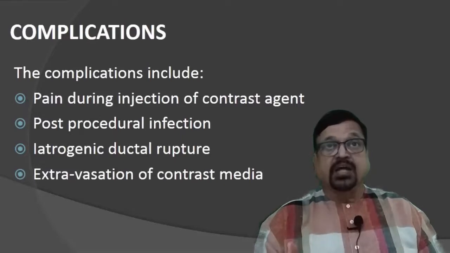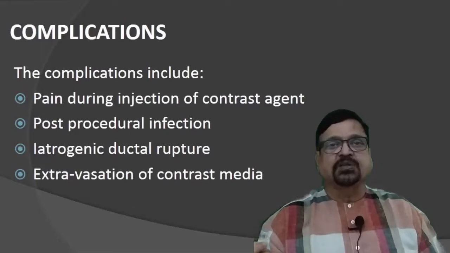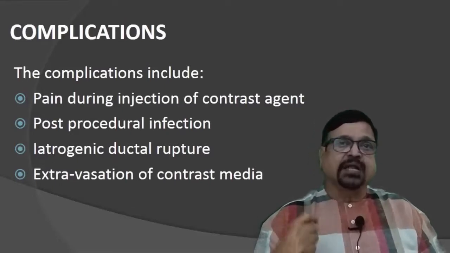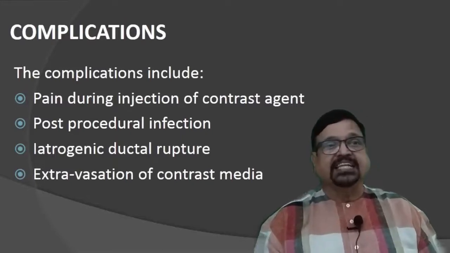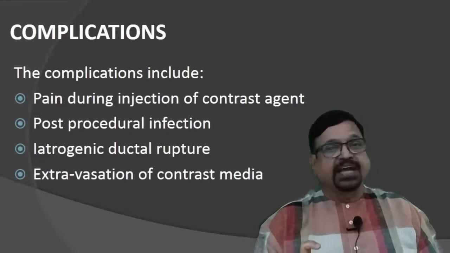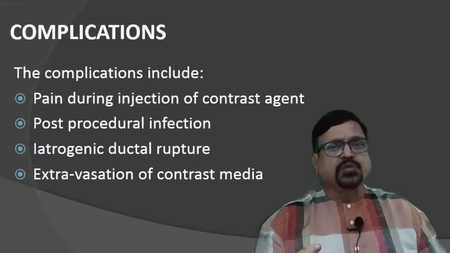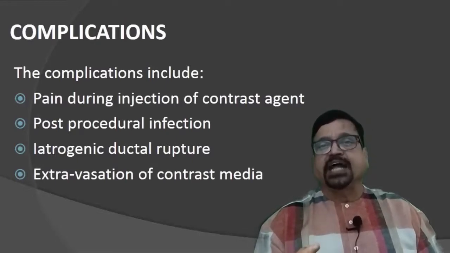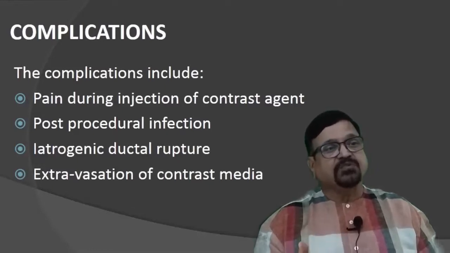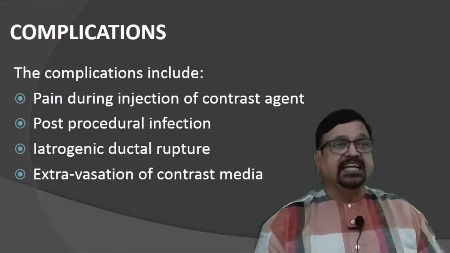And number two, post-procedurally, we give patients certain stimulants which can be used routinely, and with that they can get their parotid gland emptied frequently, and there are fewer chances of infection. Now, iatrogenic ductal rupture, fine. We are using a Jelco of around 23 gauge, so there are absolutely no chances of iatrogenic puncture. We have not come across it, and it's a theoretical complication. Extravasation of contrast is again a theoretical complication, but one has to consider it if it occurs.